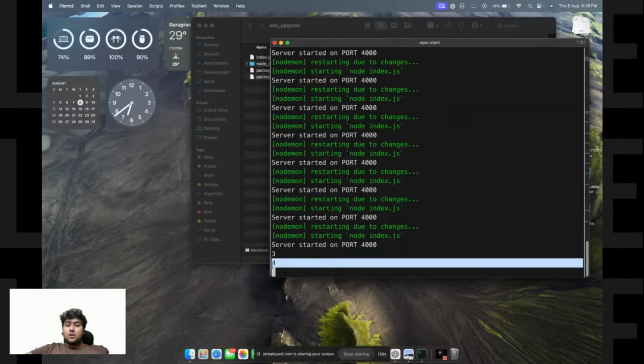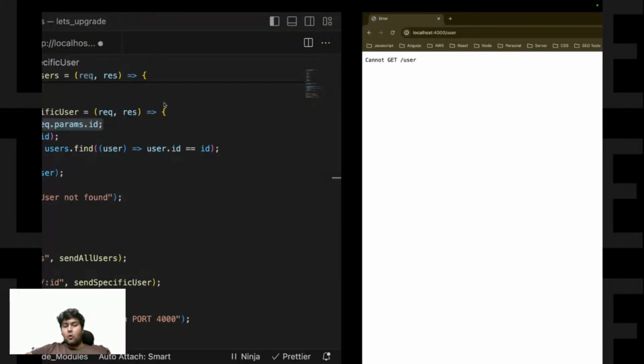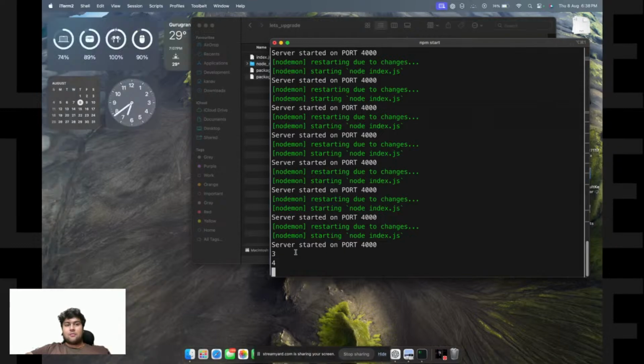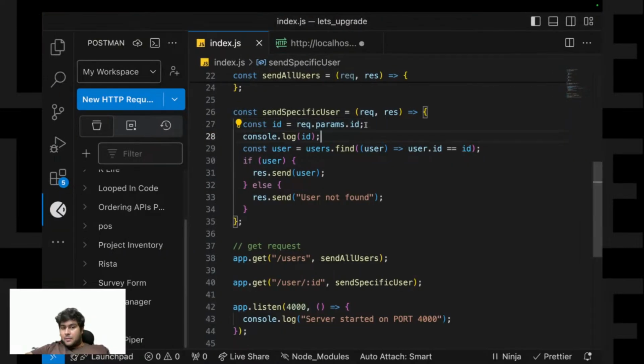And if I don't send anything, I'll get an undefined. It did not work only because ID was not there. If I just click on this, it won't send. So basically I can fetch the parameters from here.